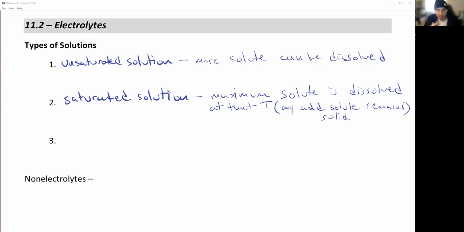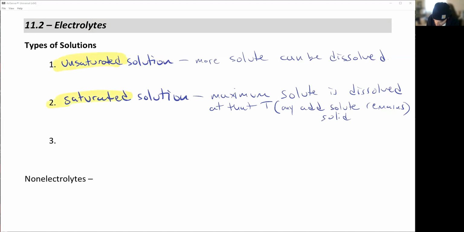So if I asked you to make me a saturated solution of salt water, you don't have to know the actual concentration at that temperature. What you simply do is take the salt, load it up until you see stuff starting to pile up on the bottom, and then you just decant off the solution. So making a saturated solution is actually really simple. You should always see a pile of solid on the bottom. So those are the two major ones,